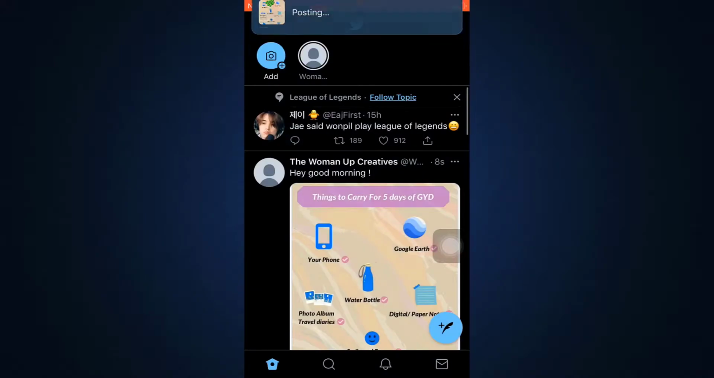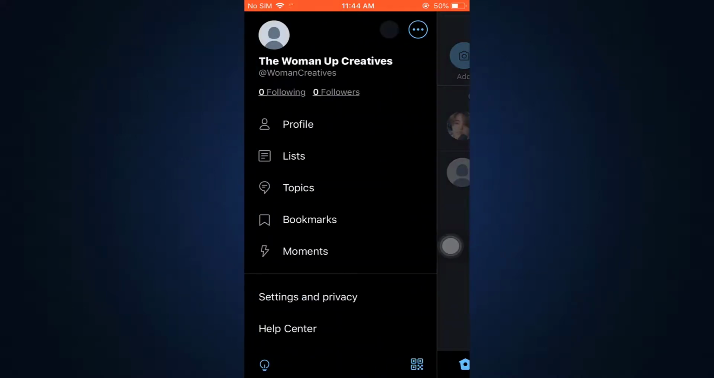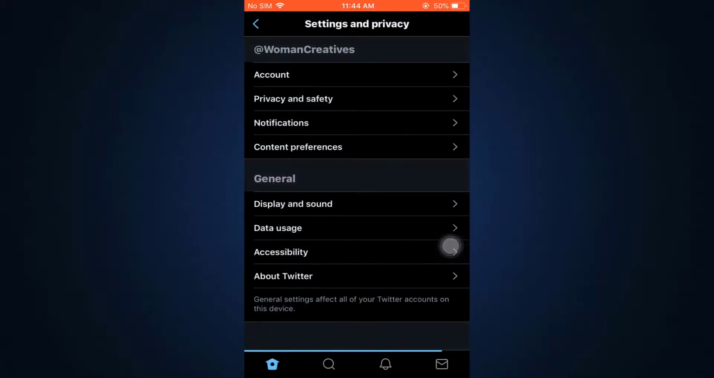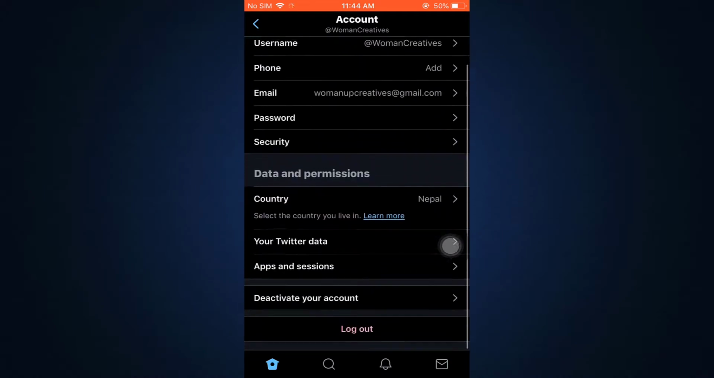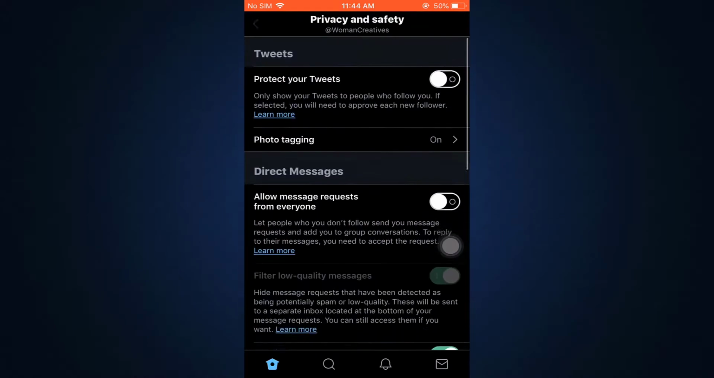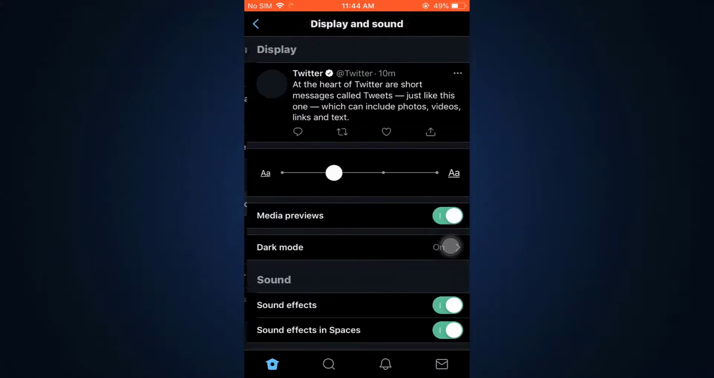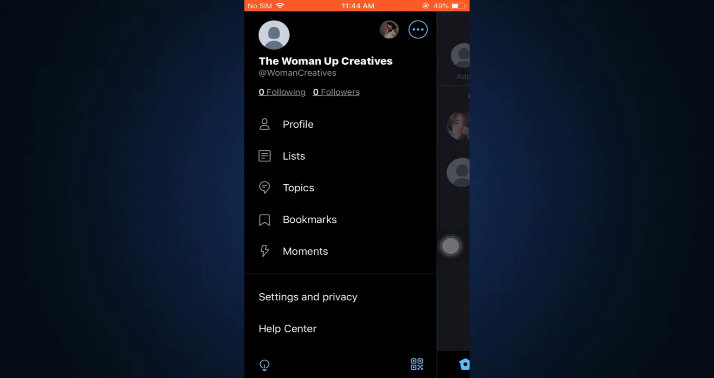Now, in order to know more, what you can also do is that on the upper right hand side, there are three horizontal lines. You'll be able to see different options over here. Like you can always go to settings and privacy, go to account, and then make necessary changes to your account. You can also log out from here. You also have privacy and safety. You have different notification, content preferences, display and sound. You can change your display through this mode. And then on the same section, you can also see an option that says profile. So when you go to your profile,